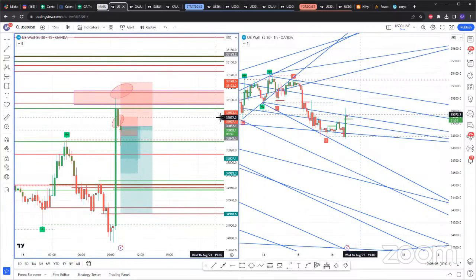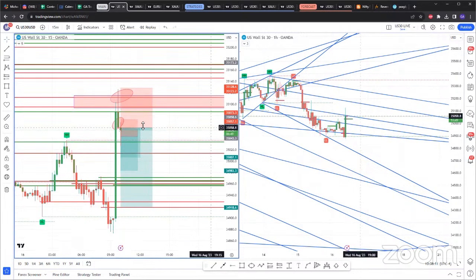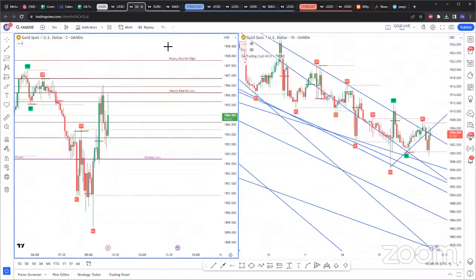And also there's the 5-minute entry that's currently running. So just pick whichever one you want to trade. I don't recommend trading both. If you do trade both, I wouldn't recommend taking both with like 0.5% risk. I would say split that 0.5% risk between the two, instead of going heavy on it. Because again, we want to keep in mind manipulation, right? Manipulation in the market. Anyway, that's for US 30.